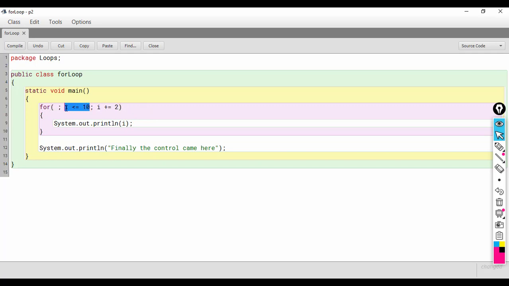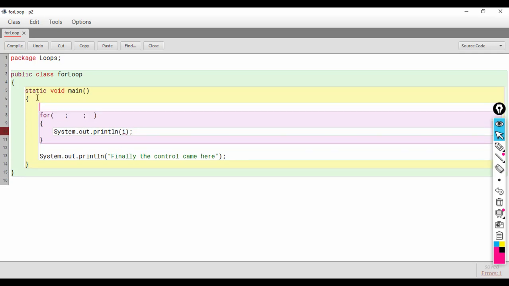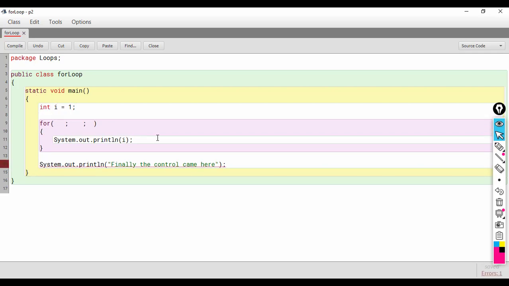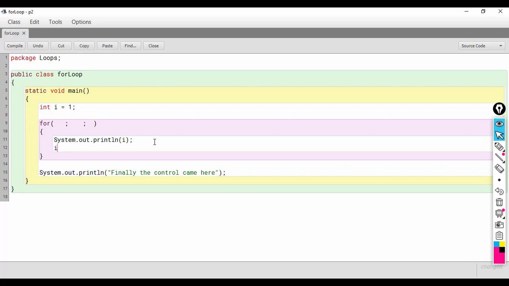Now, let us see what else we can do with this for loop. This time I have removed the initialization, the condition and the update statement, and I will print I, but this time the I variable I will declare outside. I will declare it outside and I will update the I variable inside the loop.